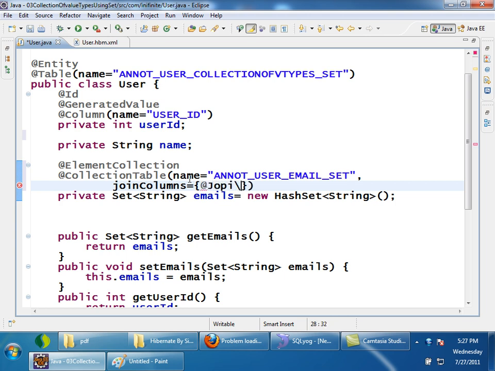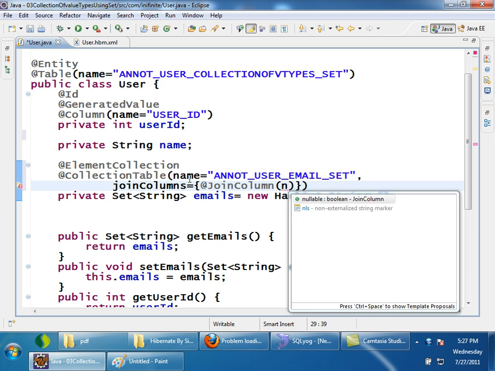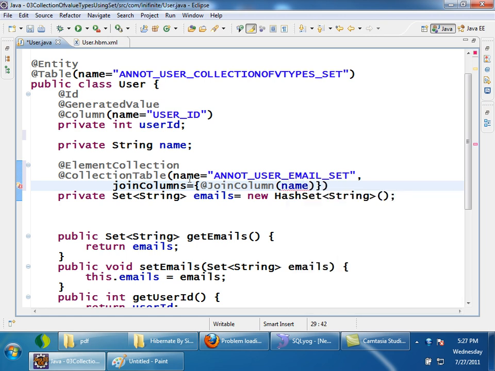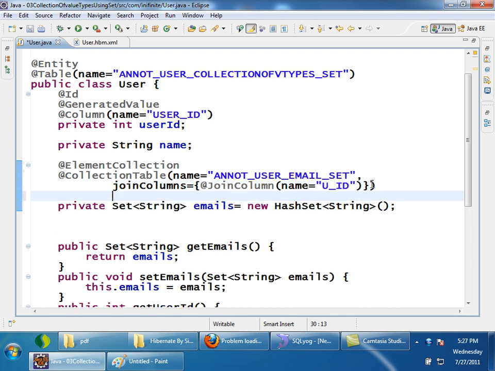So annotations, join column, it's an array of join column. Join column name is equals to what you want as a join column. I'll say u underscore id. Means u underscore id is a foreign key referencing to the primary key of the table, user table, right? So I told about what is the foreign key, and then I'll configure